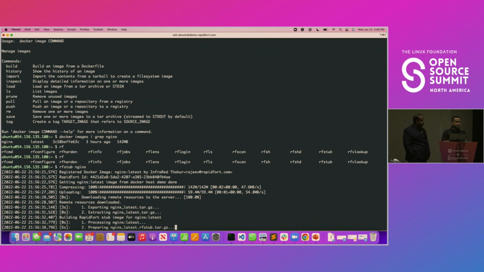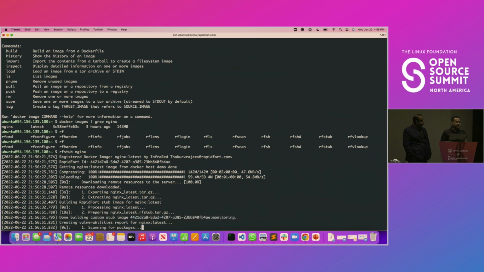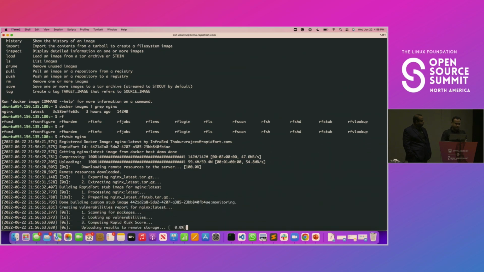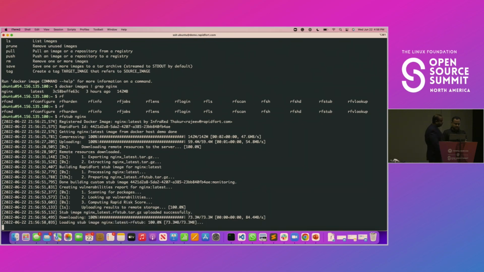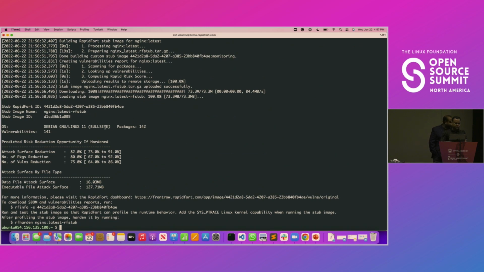You can just replace it in place in your Helm chart, Docker Compose, or Fargate definition, and deploy the application. Once the application is deployed, anything that moves in that application, we collect this behavior. So that's what I'm going to do next: we are going to test it. What you see here is that we found this is a Debian-based image, it has 142 packages, and carries 142